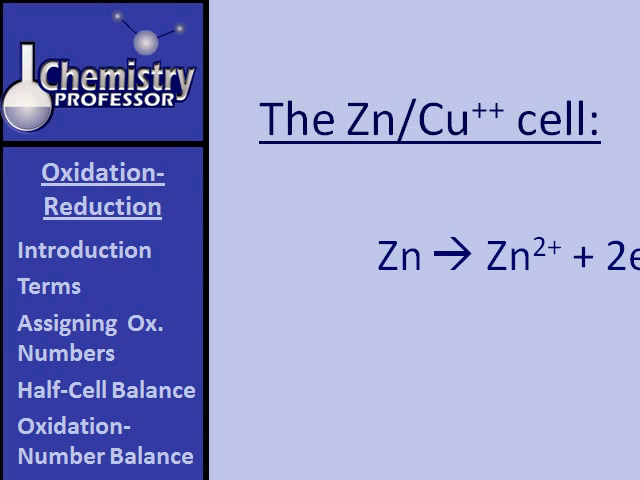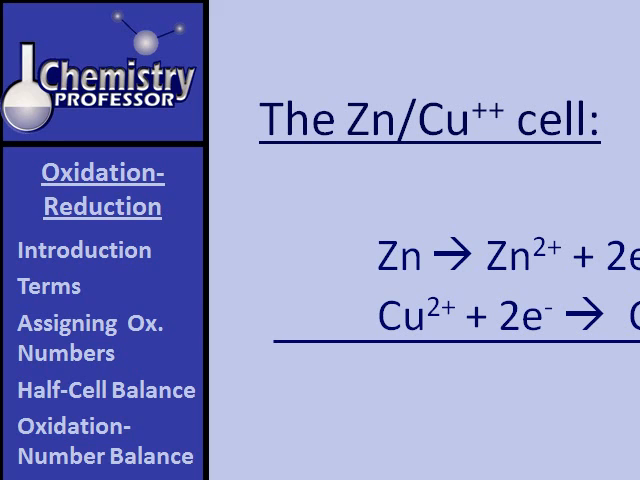Zinc is forming zinc ions plus 2 electrons. The cupric ion from the copper sulfate is picking up those 2 electrons and forming copper metal. So our overall reaction is zinc metal plus copper ion forming zinc ion plus copper metal. Now, how can we use that and make it provide electricity for us? Well,